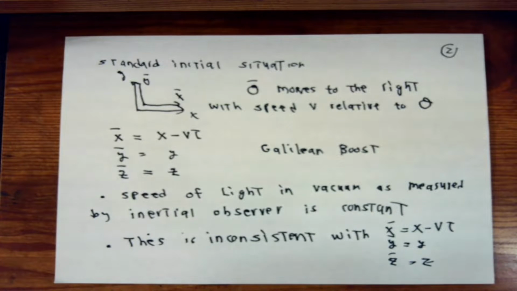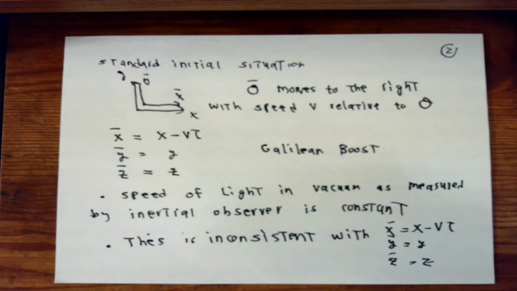The standard situation that we studied was that the origin of both coordinate systems, or frames of reference, were located at the same place initially, both in terms of space and time, and that O bar was going to move to the right with speed v relative to O. The simplest kind of situation you can have is given by the Galilean boost. All seemed well until it was found that the speed of light in a vacuum, as